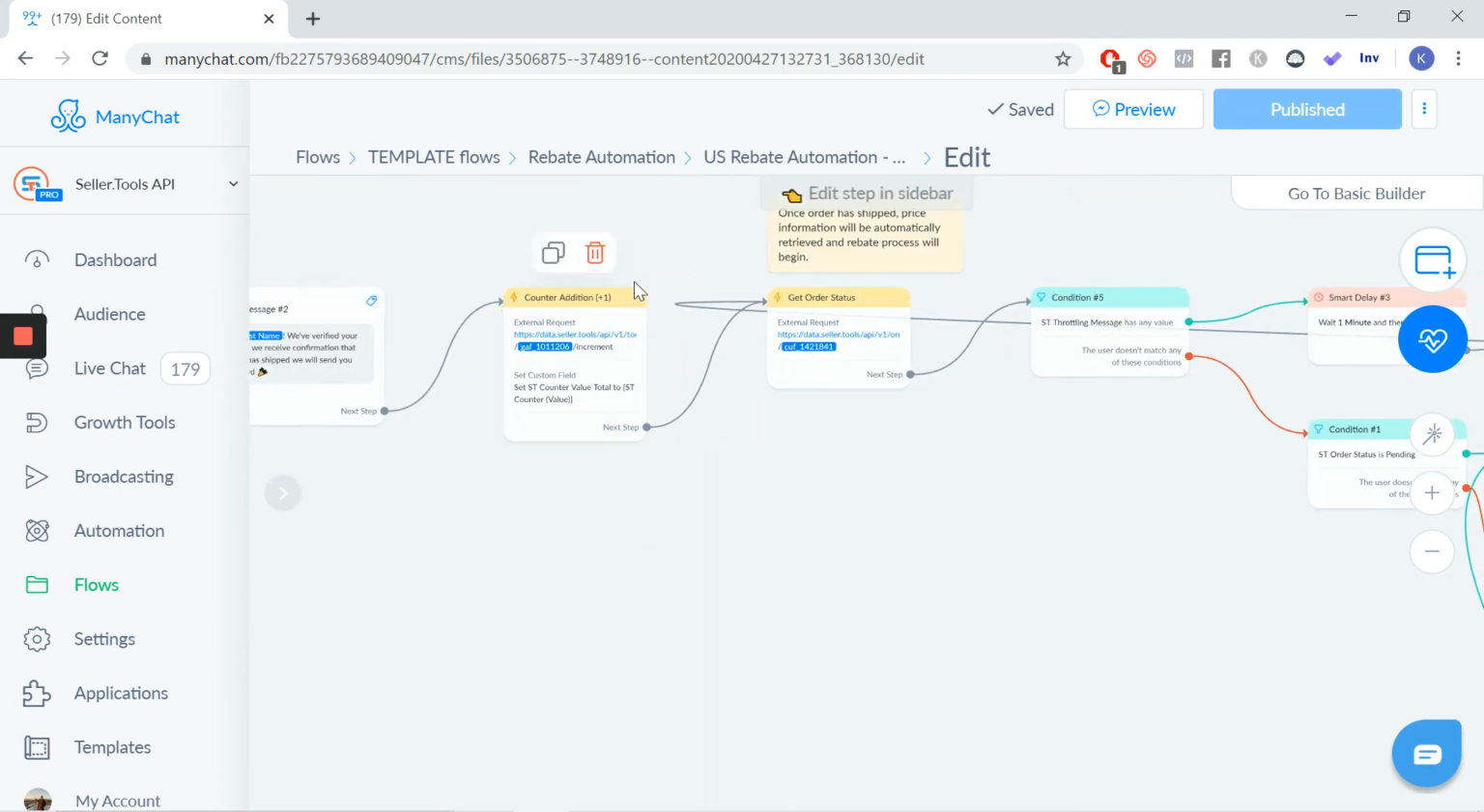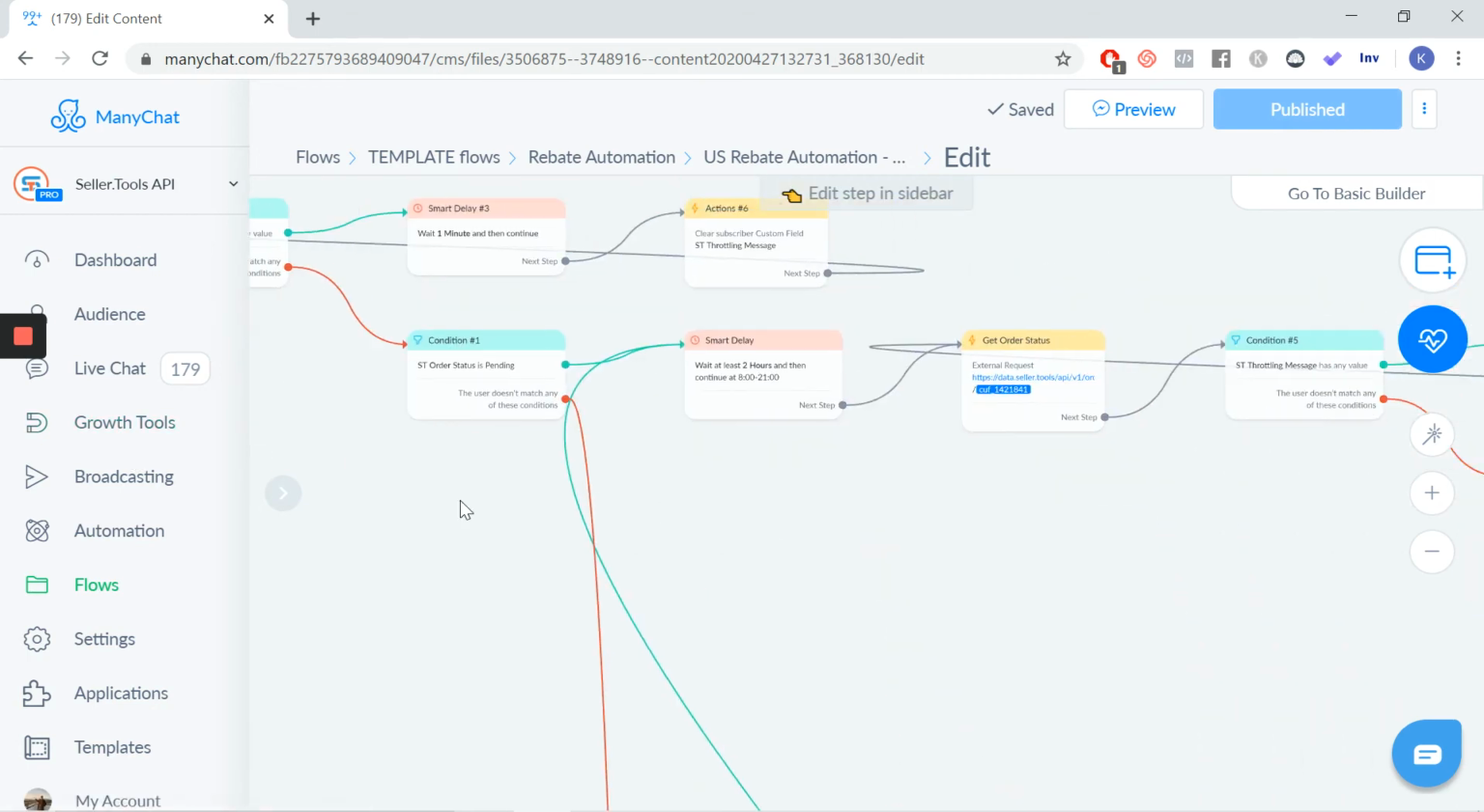Moving on, this is where the counter addition happens. So you can see that the counter addition doesn't happen immediately, and it actually takes some time, which is why some people might be getting more of their rebates given out than what they have originally intended for. Moving on,